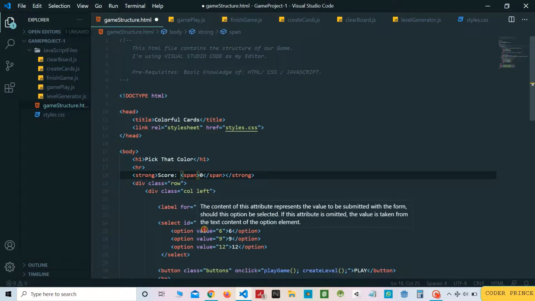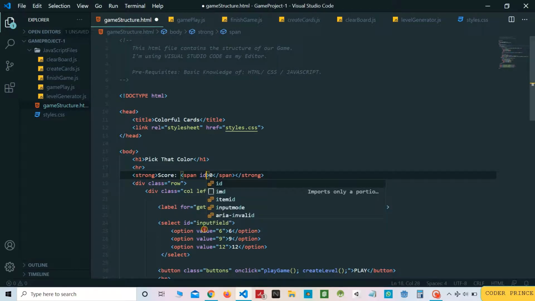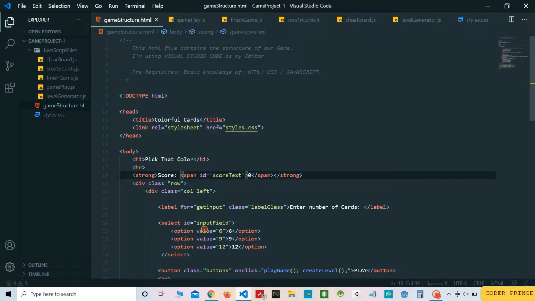Let's add an ID to the span. This is because we need to access and update the value of the score whenever the user clicks finish. So ID, let it be score text, or you need not use the ID, you can just use the span.innerHTML and change it.